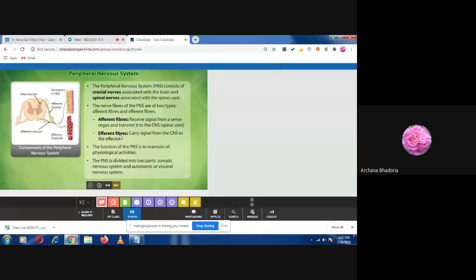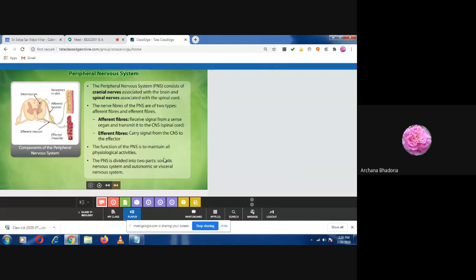Yes or no? Yes, ma'am. Speak up. Always speak up quickly so that I can understand. So, afferent receive the signal from sensor and transmit it to the central nervous system. Okay, and the efferent fiber, they carry the signal from the CNS to the effector. So, effectors are the muscles. What are effectors? The muscles. So I hope these terms are not new to you. You have done this in the reflex arc. Are you remembering in 10th you did the reflex arc? Yes, ma'am. Okay.